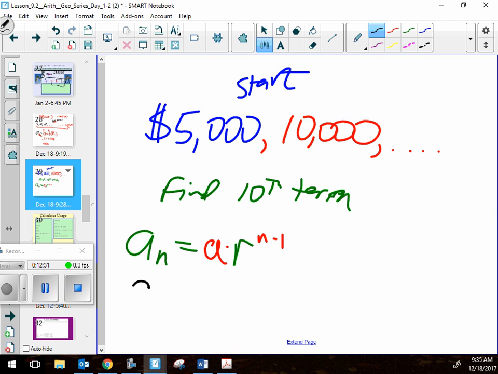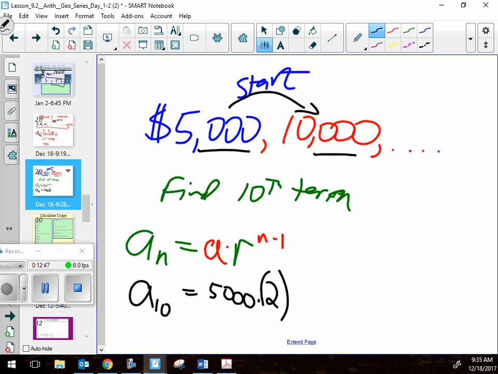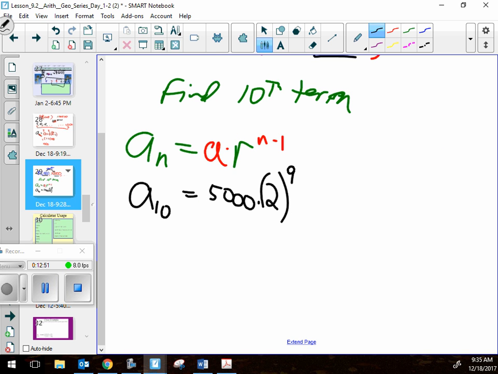Now, I don't know what the last term is. a sub 10 is a, my starting amount, which was 5,000, times r. Well, what is this r, the common ratio? Take 10,000 divided by 5,000, and you get 2, to the power of n minus 1. In this case, that's 10 minus 1, so it's 9. So 2 to the 9th times 5,000. So at the end,